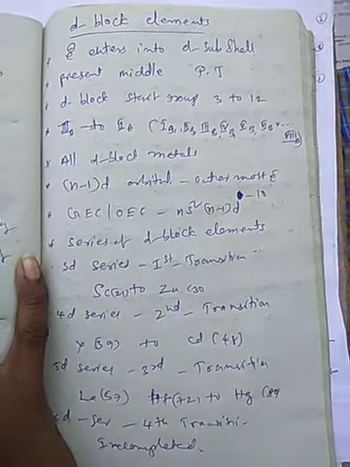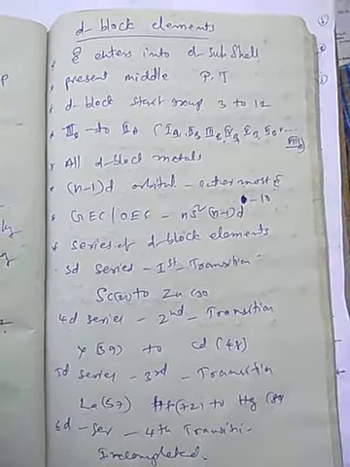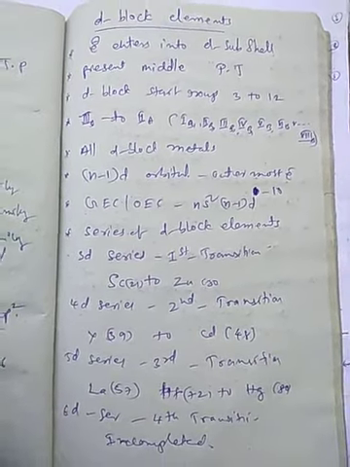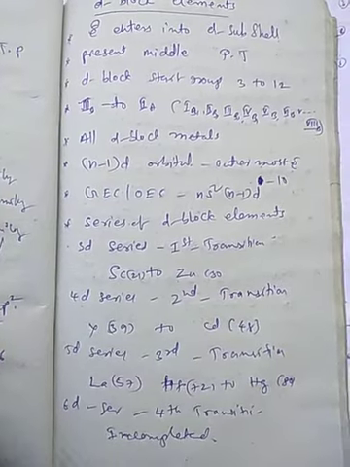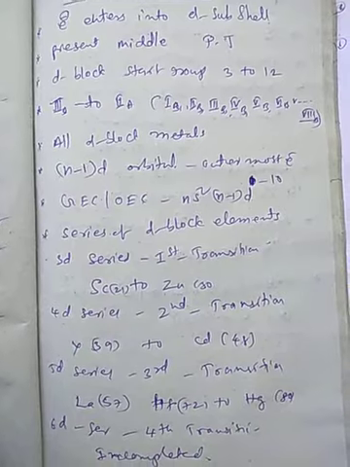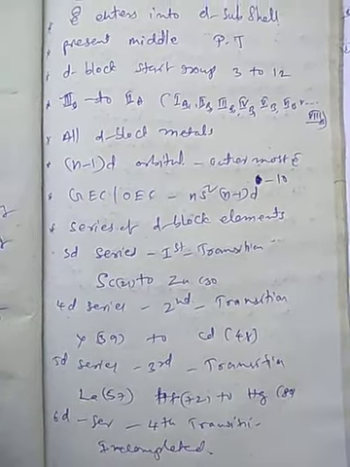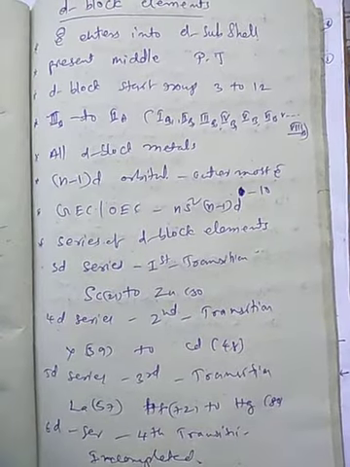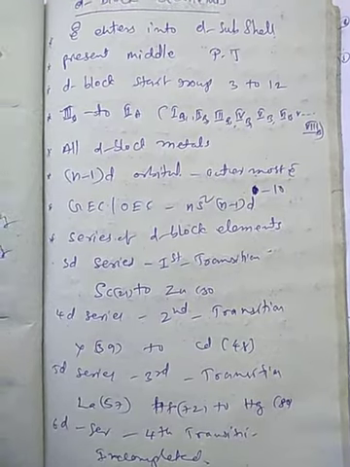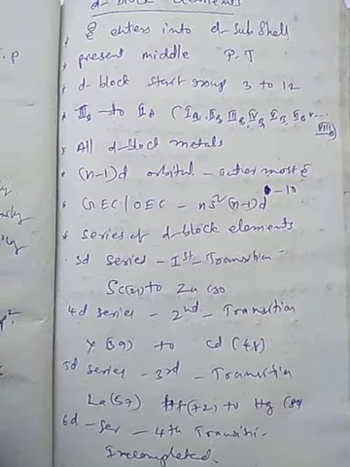For these d block elements, the group numbers start from 3 to 12. In Roman numerals we can write these groups as 1B, 2B, 3B up to 8B. All d block elements are metals. They are odd in nature. They have high melting and boiling points also. These d block elements are represented by the n-1 d orbital, which is not the outermost shell.